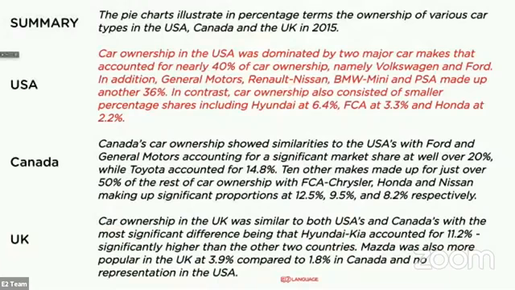Car ownership in the USA was dominated by 2 major car makes that accounted for nearly 40% of car ownership, namely Volkswagen and Ford. In addition, General Motors, Renault Nissan, BMW Mini, and PSA made up another 36%. In contrast, car ownership also consisted of smaller percentage shares, including Hyundai at 6.4%, FCA at 3.3%, and Honda at